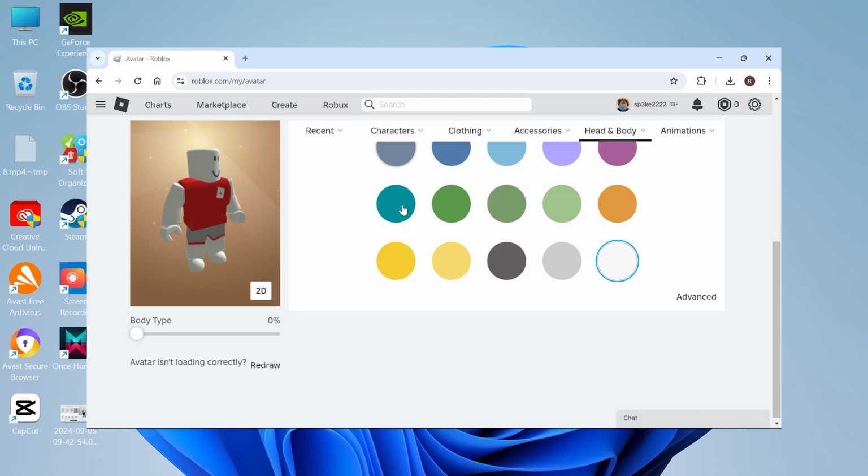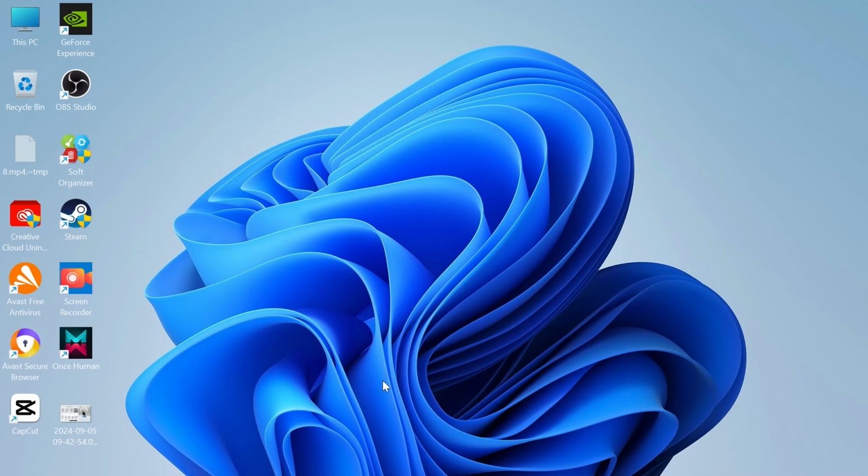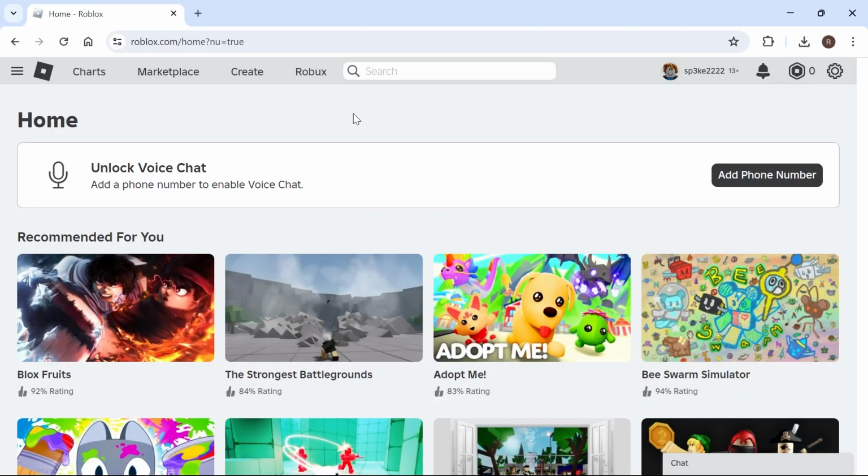Hey guys, in this video I'm going to show you how you can remove the default clothing inside of Roblox. So the first thing you need to do is head over to an internet browser and we're just going to launch up roblox.com. So just make sure you're logged into your account and then we're going to head over to